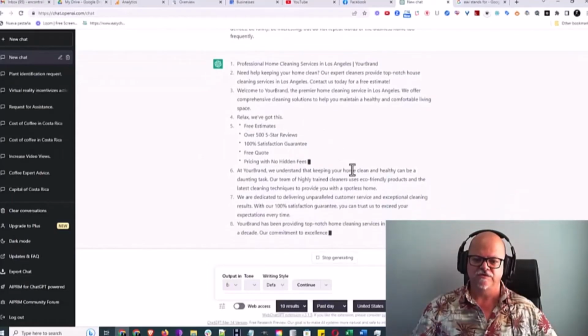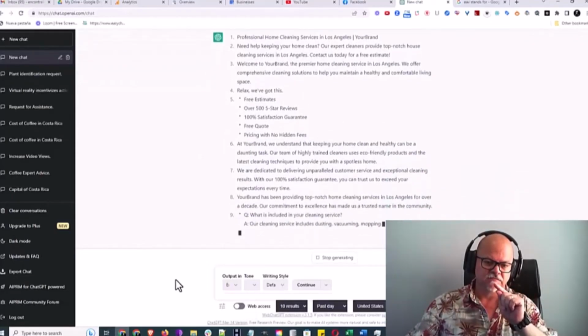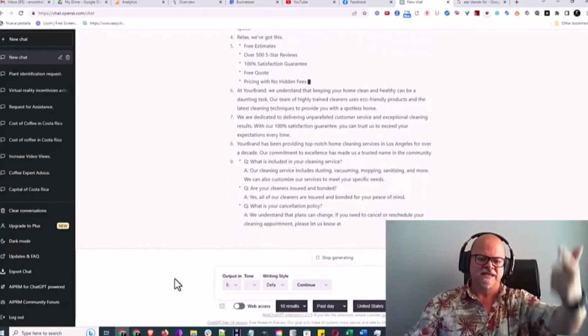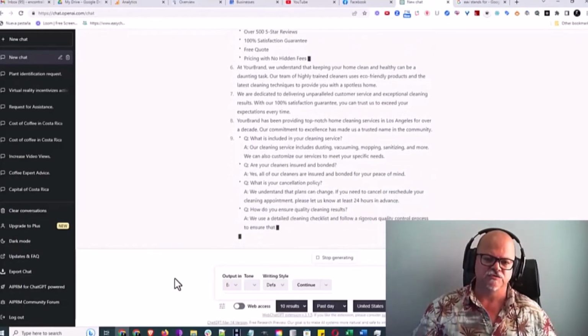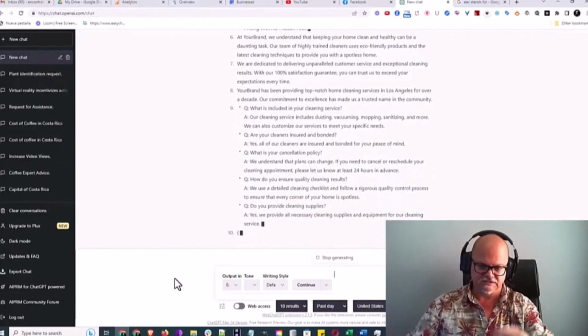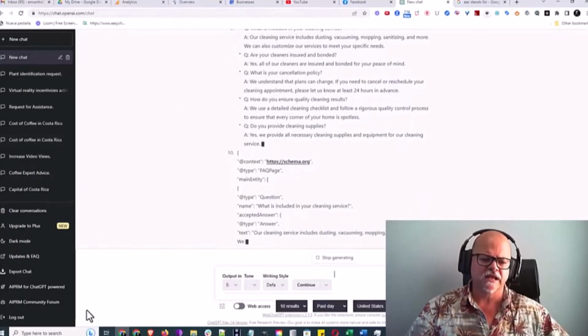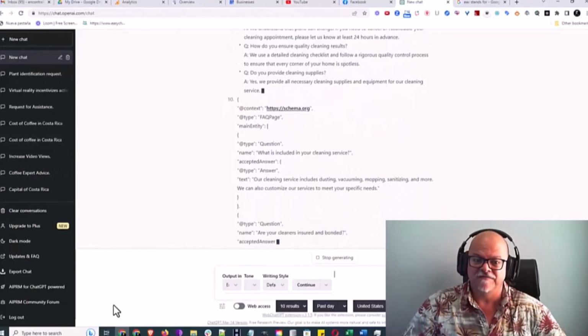You can see it working through everything. Now, it might get stuck. It's going to start giving you the questions and answers. It might get stuck here, or it might get stuck when it's giving you the FAQs. It might get stuck previous to this, but in case it does, I'll work that out with you in a second. I just want you to see how fast this is.